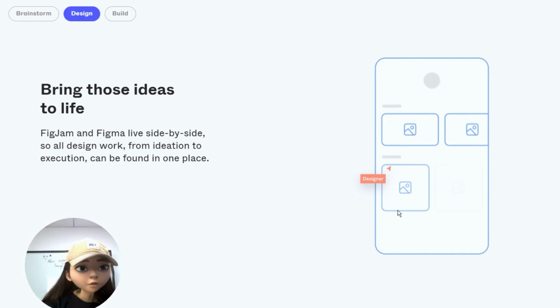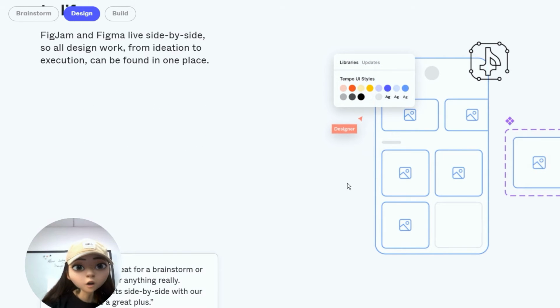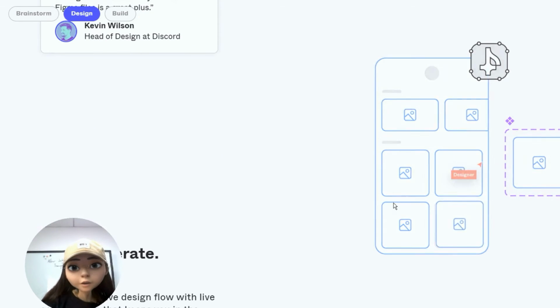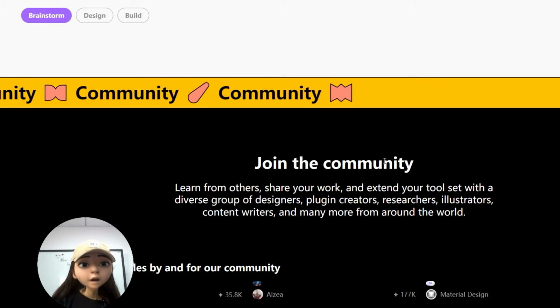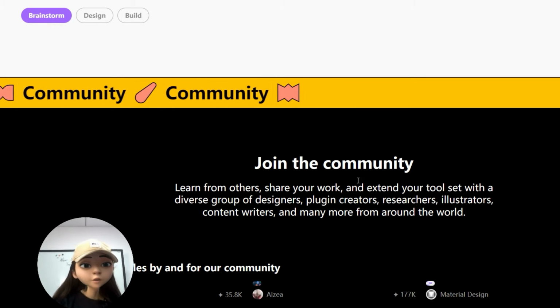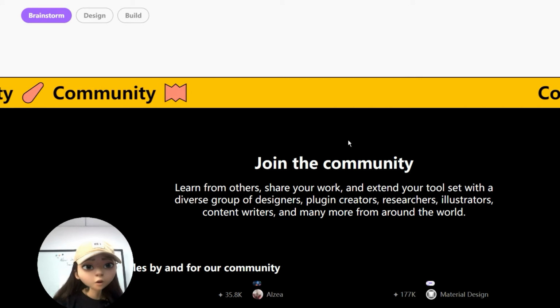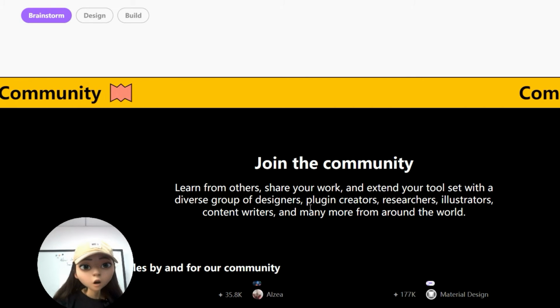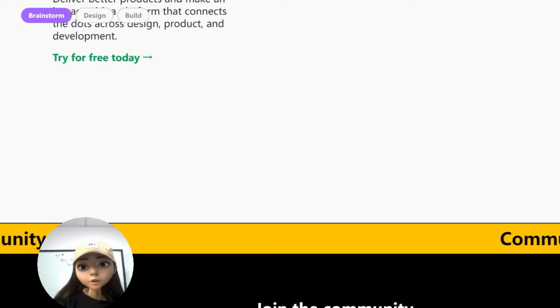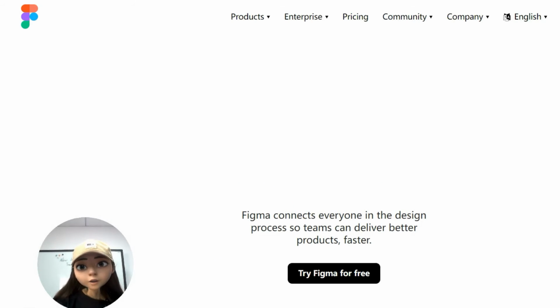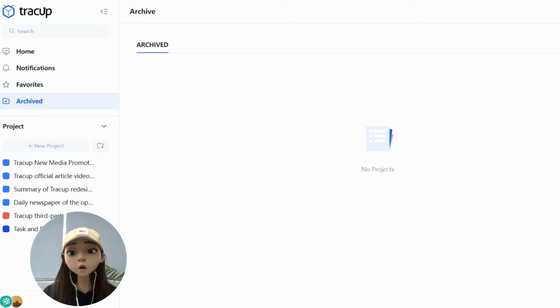Lastly, Figma has a special page called resource sharing. It has an open source community. You can see all of this on this page. And then we come back to the Tracup description page and I will show you how to operate the Figma and Tracup